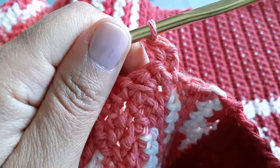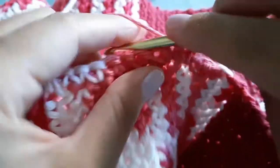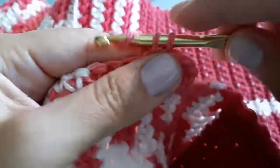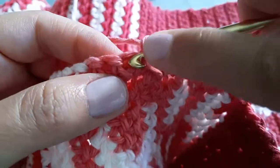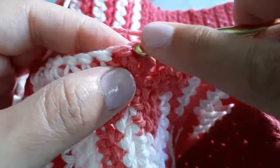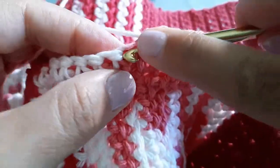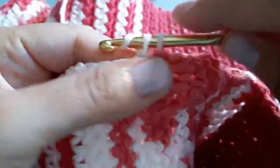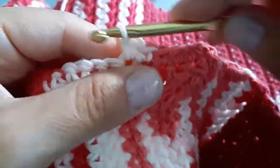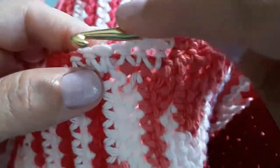Okay, so that sits nicely like that. And then now it's easy peasy. You're just going to do 1 single crochet into each and every stitch all the way across. So if you had 14 stitches in your base row here, you should always end up with 14. If you have 15 or if you have 12, whatever your number is, really do your best to make it even at this point, because now you want to make sure that your work, each individual panel at least, should